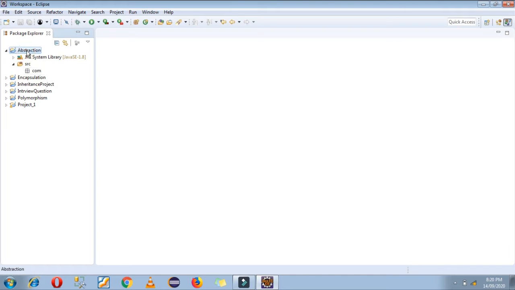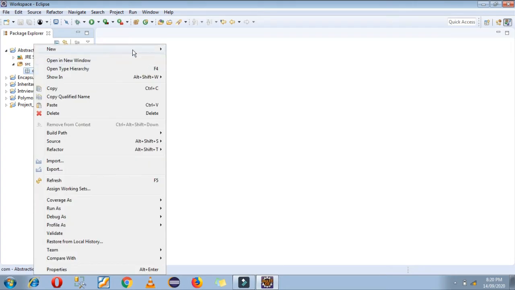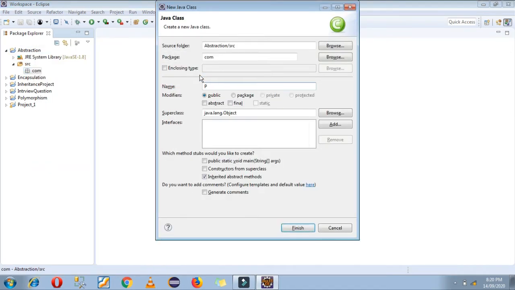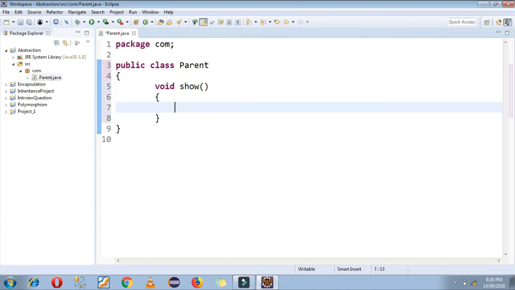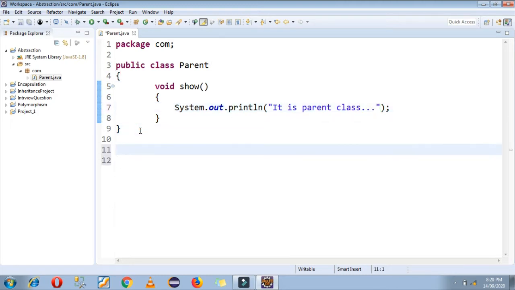Here I have created one project, that is abstraction. In this I am creating one class, suppose Parent class. Now in this Parent class I am going to create one function, suppose show function, and here I am printing it is parent class. If you want to achieve abstraction in Java, you have to use the abstract keyword with class and method.